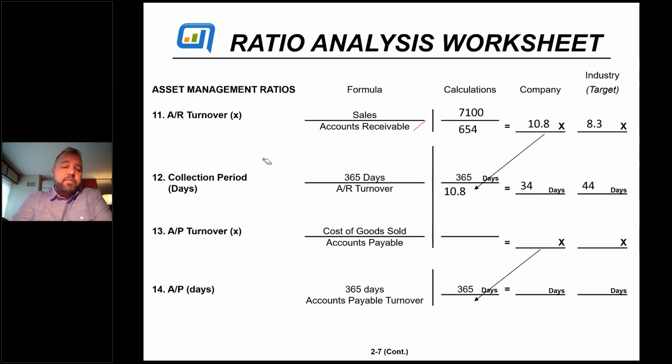Now, on the flip side of that is, are we paying our own, right? So we got 90 days. I want to circle 34. We're going to need that for the next calculation. This is how well do we love our vendors, right? The people that give us our inventory, the people that we buy our things from, is accounts payable. Again, it's cost to get sold because that's our inventory, right? We owe people for our inventory. And then accounts payable is how much more do we owe? So our cost to get sold again was 4.9 million over 750. That's how much we owe our vendors currently. So what's the turnover on that? That means we pay our vendors 6.5 times a year. We're making payments 6.5 times a year when everyone else pays them 11 times a year.